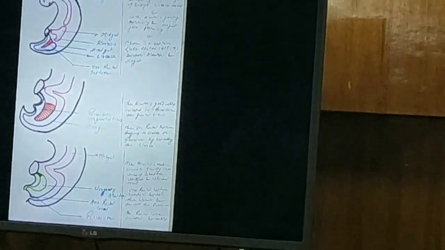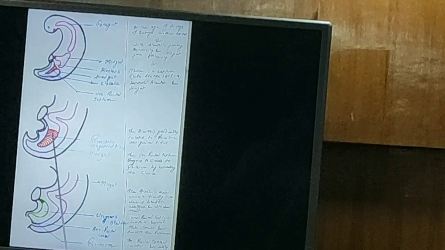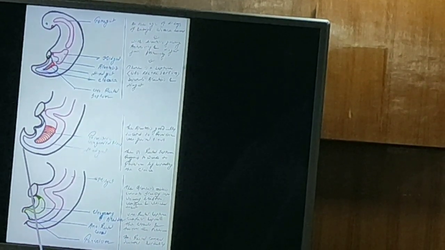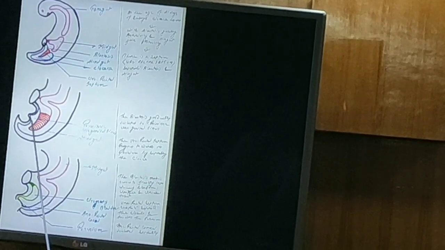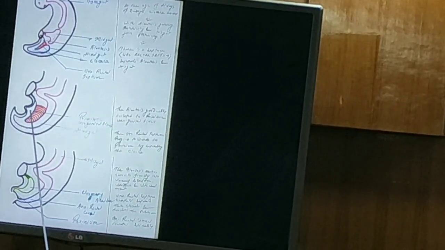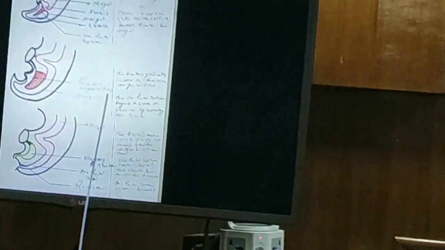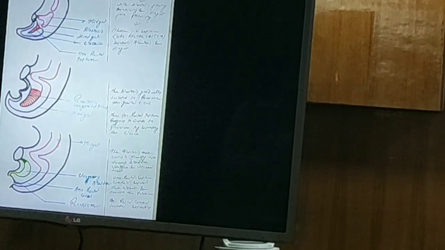hindgut. Gradually developing, after 2 to 3 weeks, or 1 to 1.5 months, the urorectal septum gradually progresses towards the perineum and gradually grows, with development of the primitive urogenital sinus and the hindgut. And at the month of 4, there is development of the urinary bladder and urethra. This is the hindgut going to the anal canal and rectum, and this is the perineum. So this is the development.